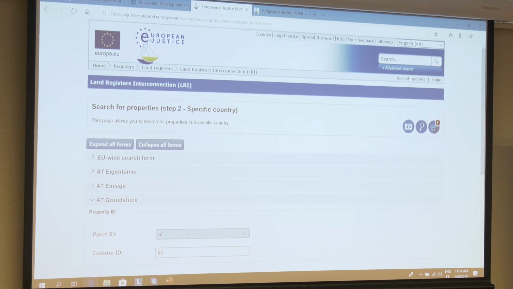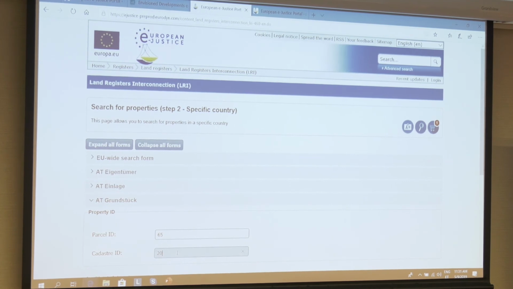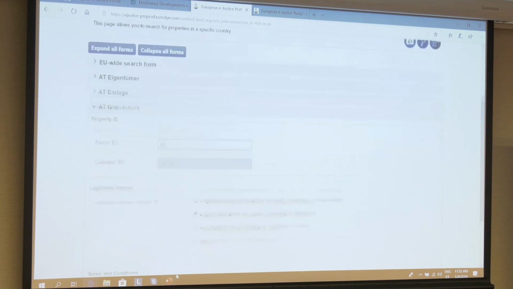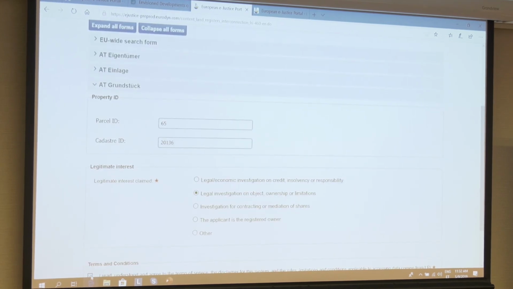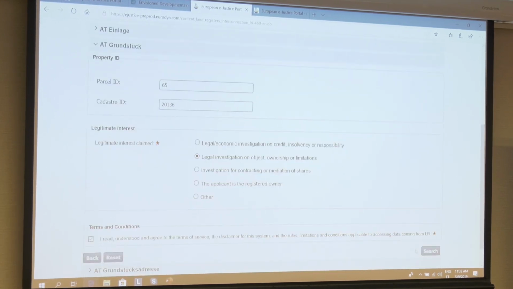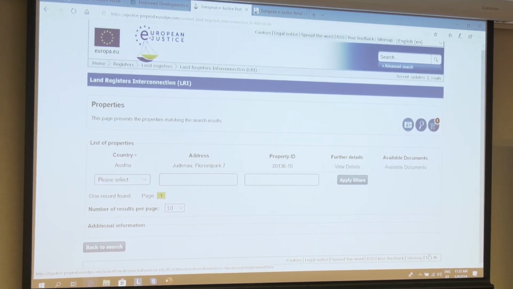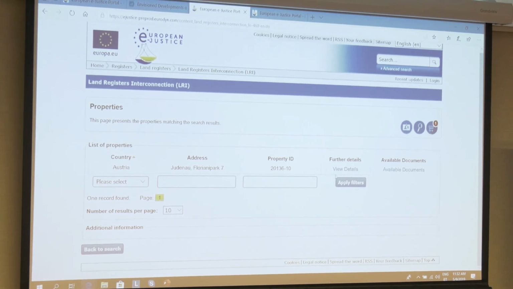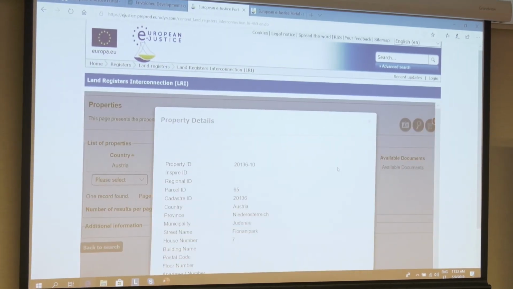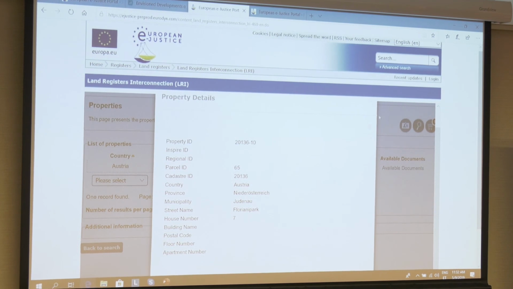I should enter 65 here, and the longer number here. Typical fault. Now this is the result. You see, this is a parcel which has an address available. We can use view details, and that's it.